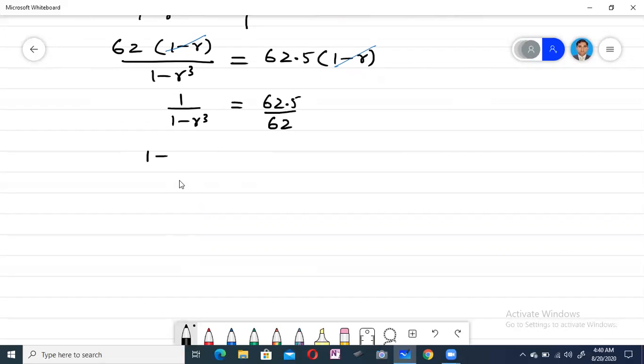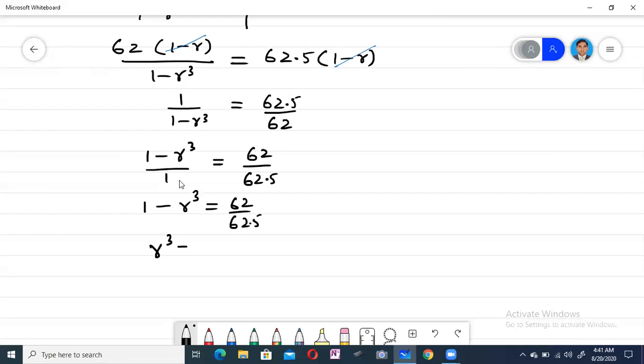This side will be 1 minus R cube divided by 1, and this side is 62 divided by 62.5. Then 1 minus R cube will be equal to 62 divided by 62.5. Then R cube will be equal to 1 minus 62